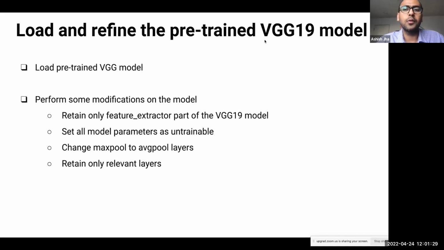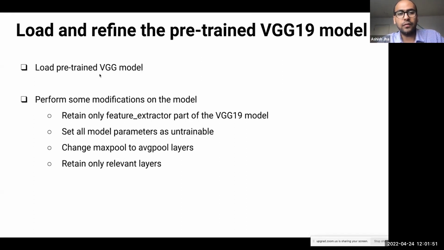So I hope you might have heard of the VGG19 model. It's one of those advanced models that came after AlexNet. VGG stands for Oxford University's VGG group, Visual Geometry Group. And the 19 here is basically to tell that there are 16 convolutional layers and 3 linear layers in this model. So hence 16 plus 3, 19.